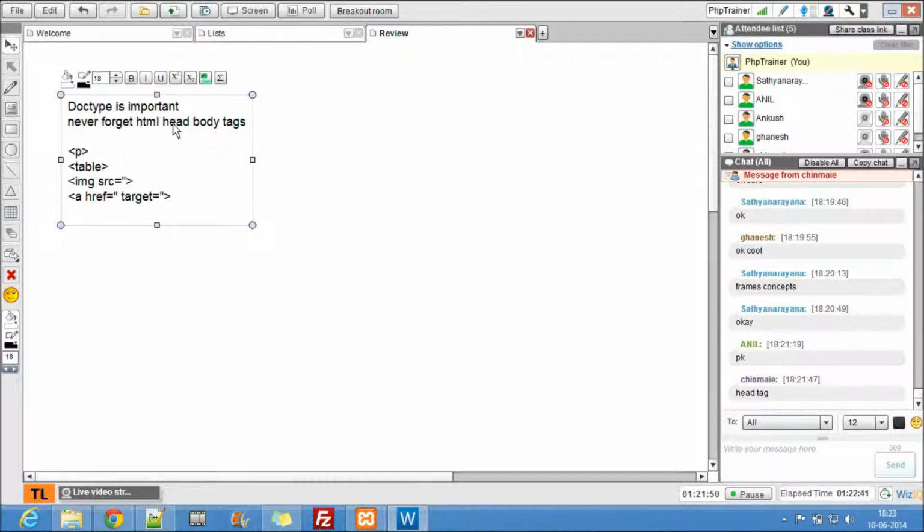Then the next tag is the form. Form is really important. Just keep on practicing. I have uploaded an assignment on forms in yesterday's class. Go through that. If you have any difficulty, come back and say, hey, this is where I'm lagging. And guys who were absent yesterday, I've talked about your assignments. You are making some mistakes in your assignments, so go through that video. I'll be uploading the videos.